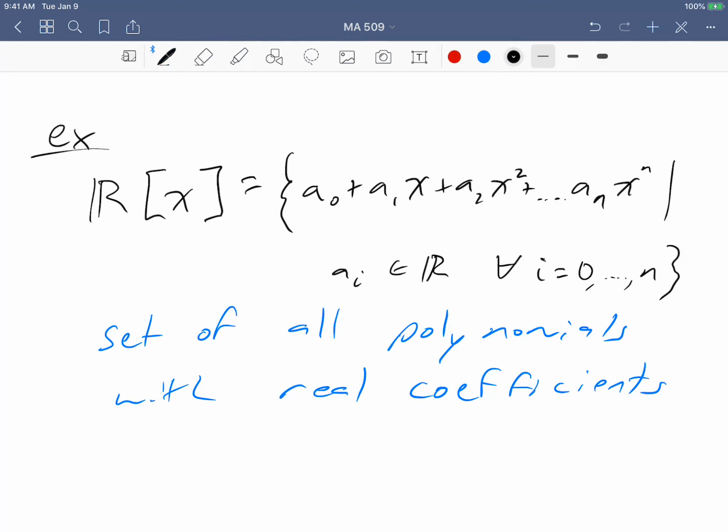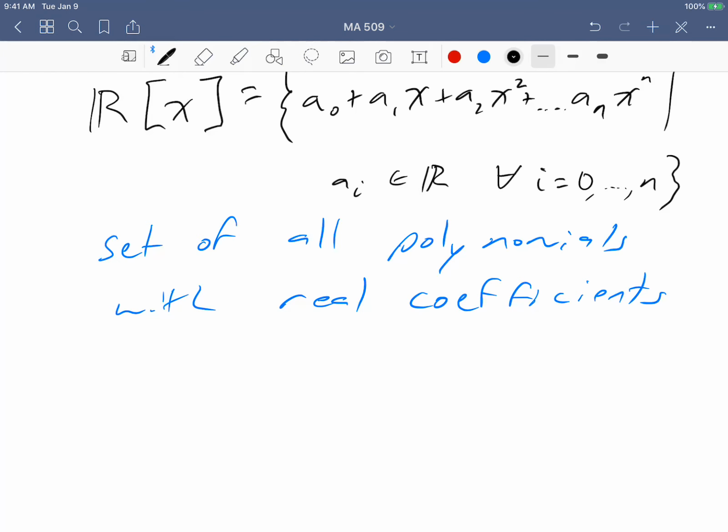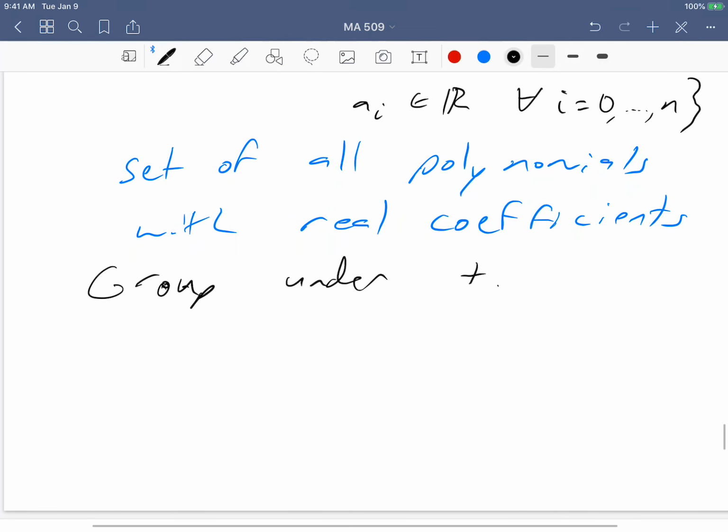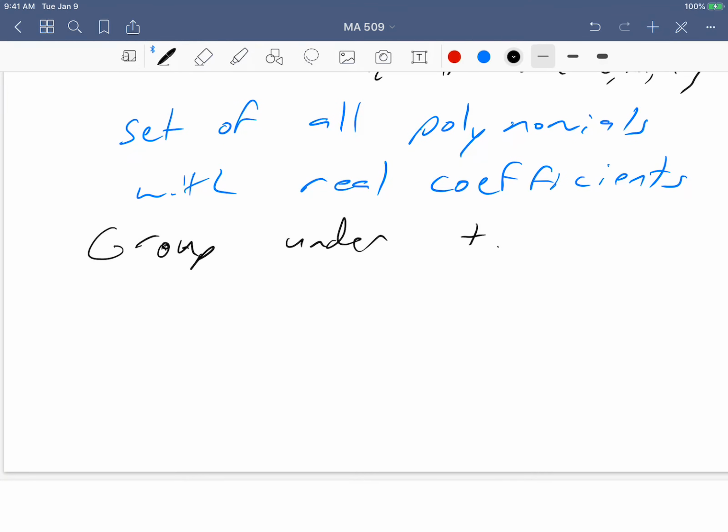All right, so this is a group under addition. I know how to add 2 polynomials, and so this time I think maybe I'll do that addition and the associative, the closed under addition and the associative property just as sort of examples instead of trying to prove them in general. So an example of it being closed under addition